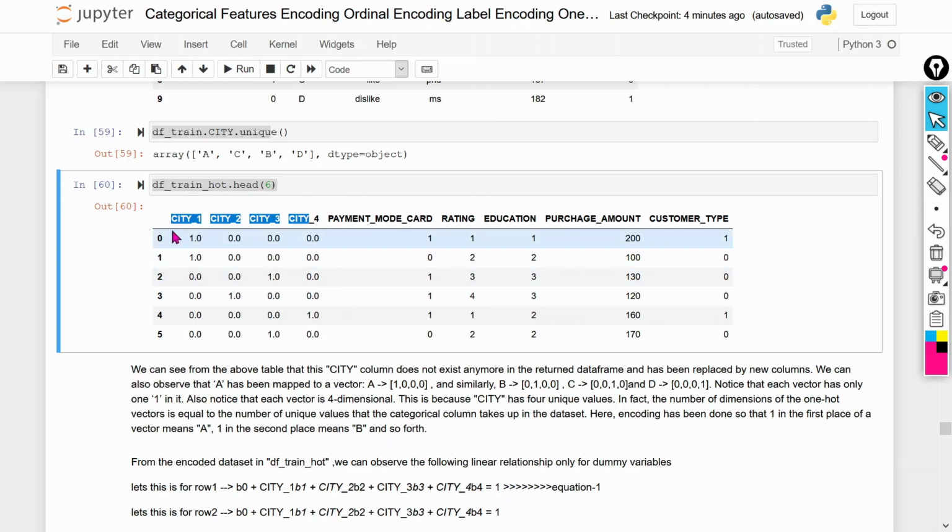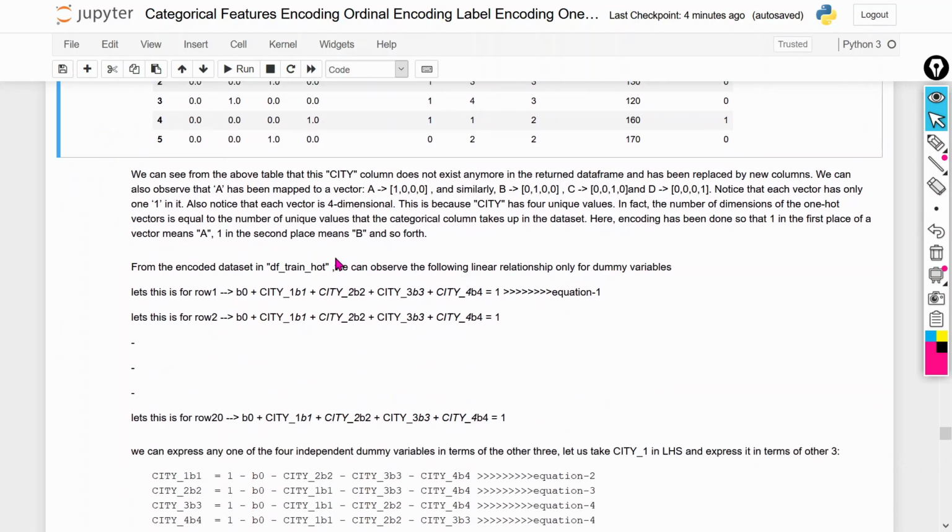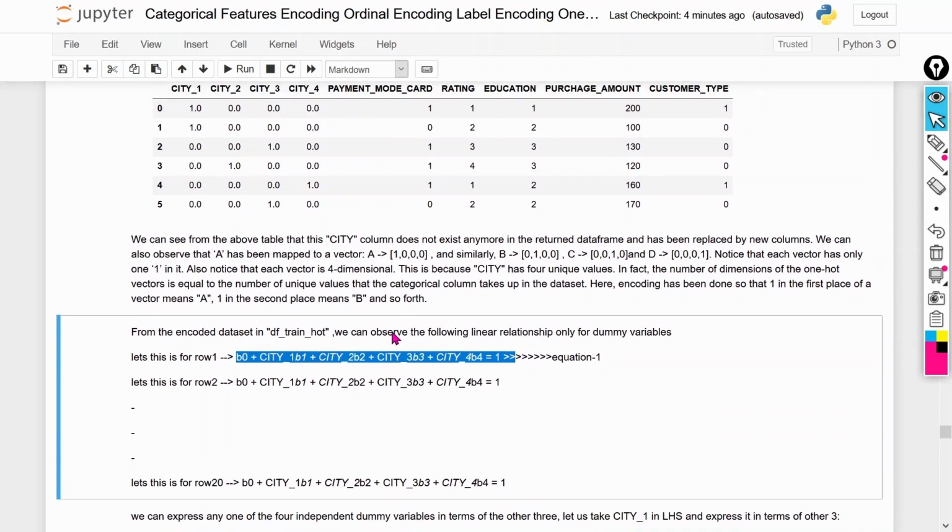So now in our data set we have only 4 variables. If we want to write a linear equation, y is equal to mx plus c, we can write it this way: y is equal to beta naught plus beta 1 x1 plus beta 2 x2 and so on.